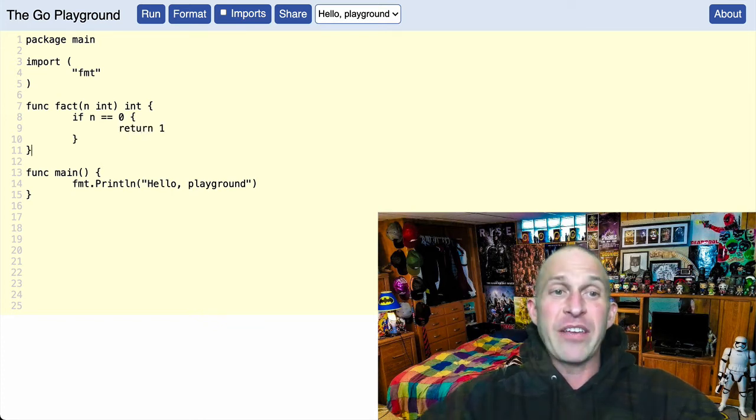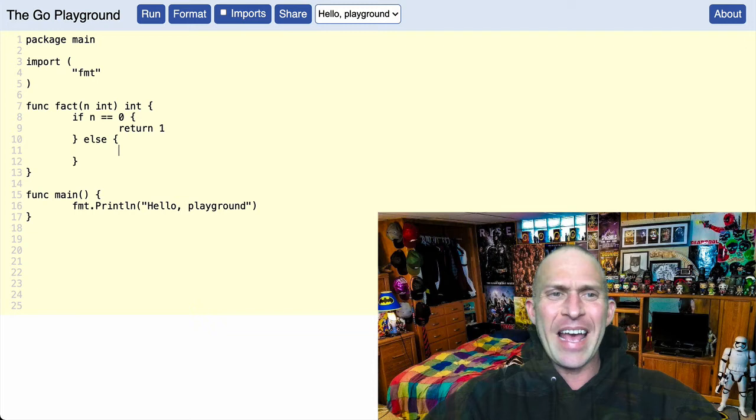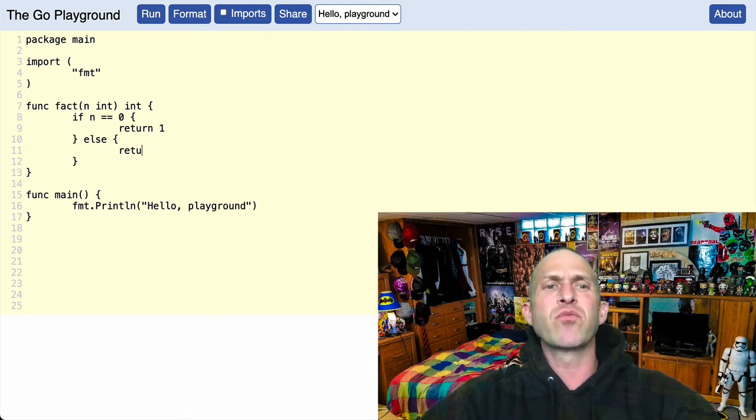Now, if it's not equal to 0, we could either write an else statement here and then put brackets, or if we didn't want to do that, we wouldn't need to. Up to us, however, to do it. But we can put else. What we're going to do is we are going to return